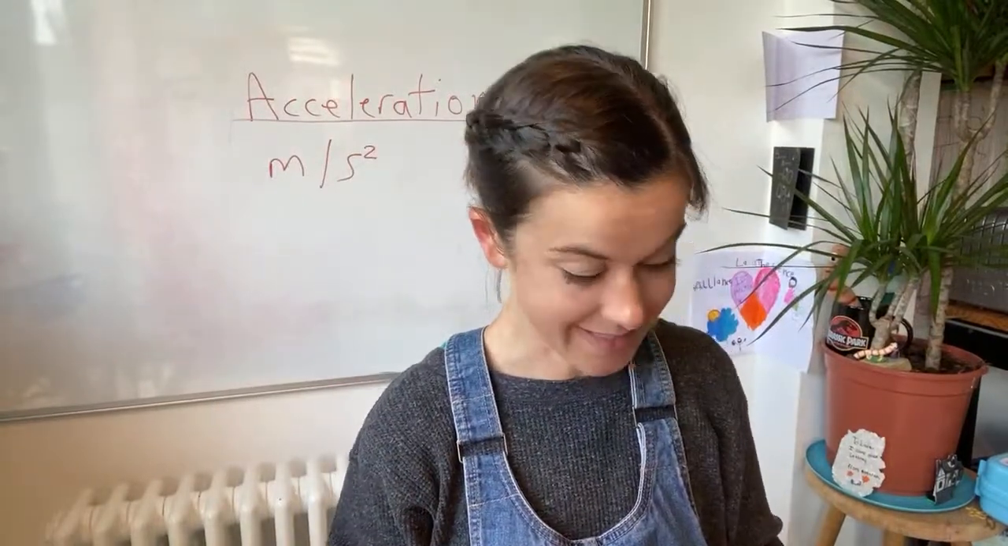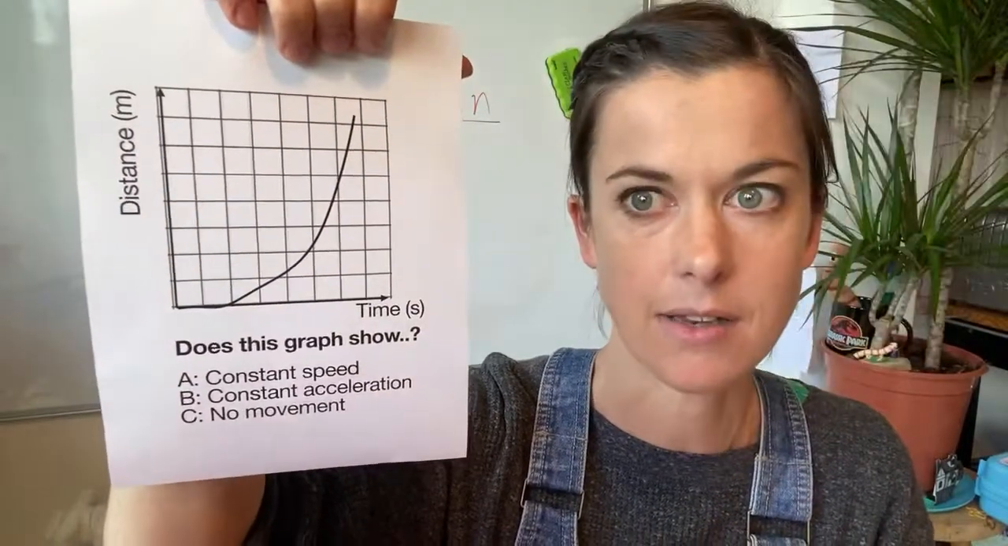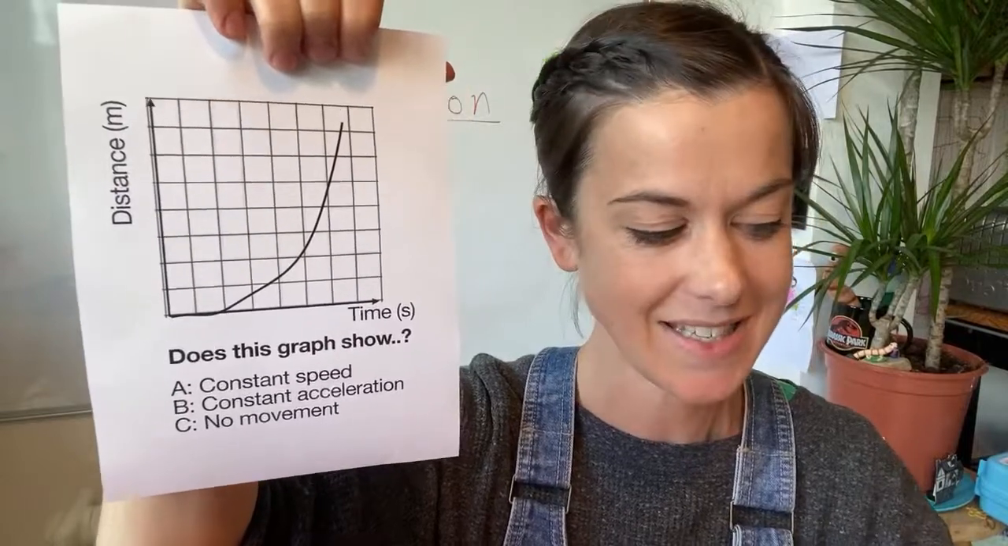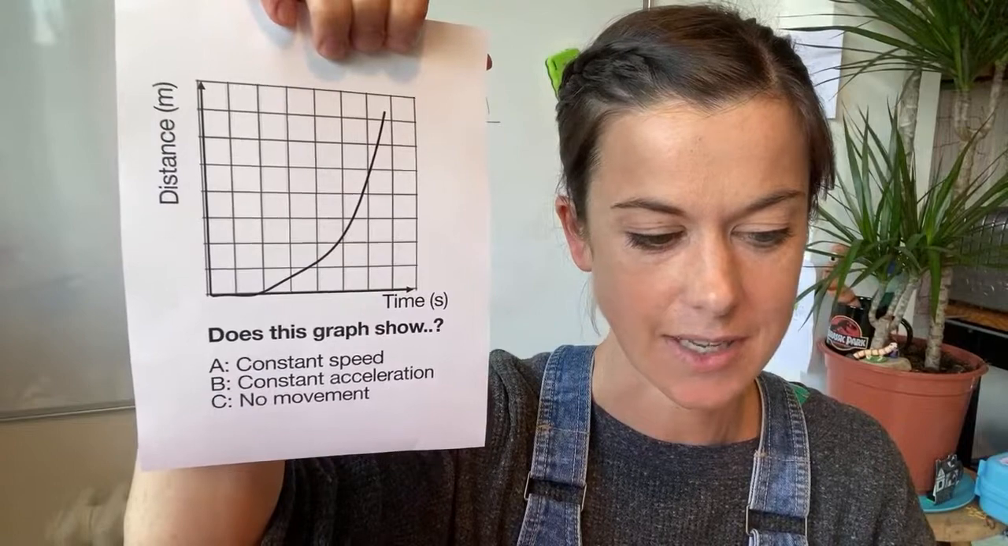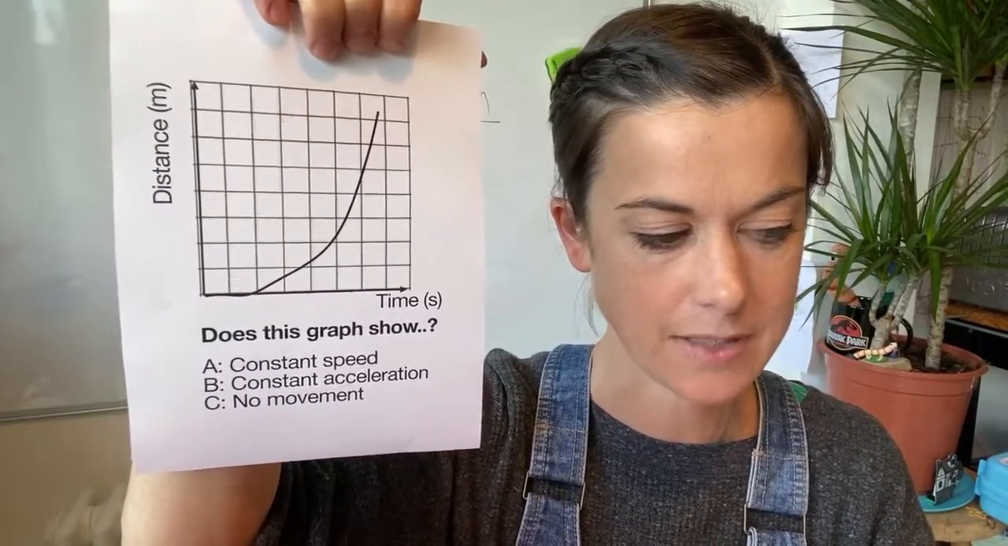What is this one showing? Distance time graph, curvy line. Is that constant speed, constant acceleration, or no movement? What do you reckon? The answer is